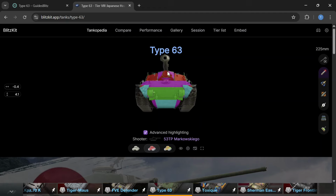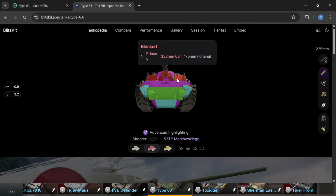You don't want to really raise the gun up too much because the gun mantlet isn't exactly super strong, so you do just want to raise it a bit, as little as possible, so it is still not easy for enemies to penetrate the gun mantlet. But as long as those rear parts are hidden, once you take a shot, just raise your gun slightly, and then suddenly you are completely impenetrable on both the upper plate and the turret, even if enemies have very high penetration